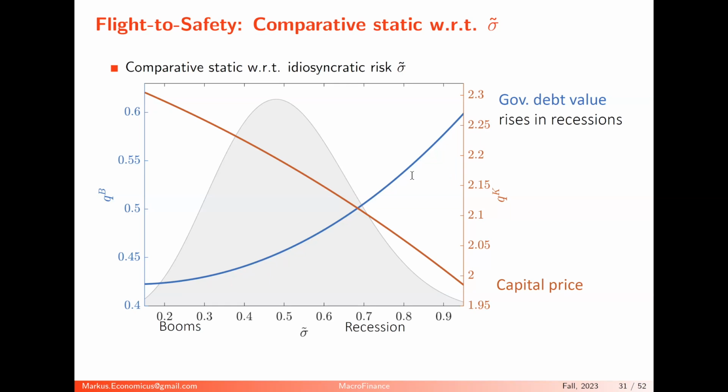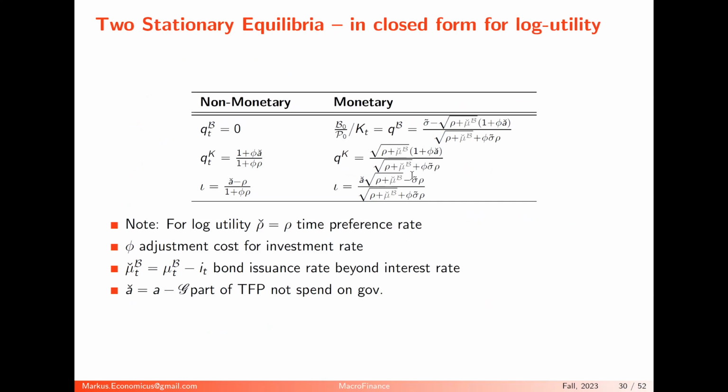Now the other thing is I can also do comparative statics with respect to mu b. So what happens, do you think, when I print bonds at a faster pace? Then you say I dilute the bonds more, so the value of the bonds is going down. You see that as mu b goes up, there's also a minus sign here. This QB, or the total value of the government bonds, is going down. Okay. And actually, QK is going up.